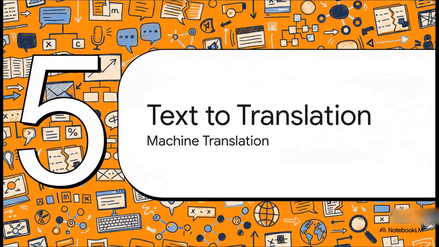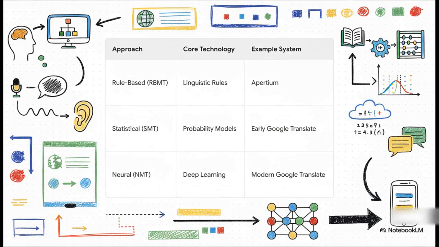Okay, we have covered all the core building blocks, how computers look at words and how they look at sentences. For our last couple of sections, let's look at how this all pays off in some of the most important applications of NLP, starting with machine translation. The story of machine translation shown in this table is basically the story of NLP in a nutshell. We started with rule-based systems, where humans literally wrote down thousands of grammatical rules. Then came the statistical era, where we stopped writing rules and started learning probabilities from massive amounts of translated text. And now we're in the age of neural machine translation, which uses deep learning models.